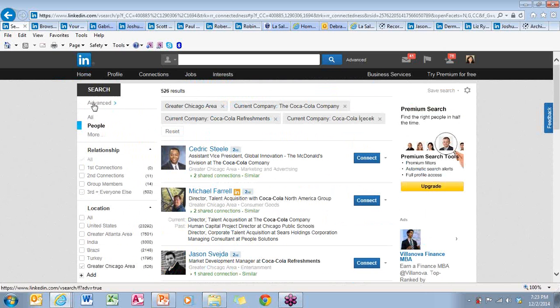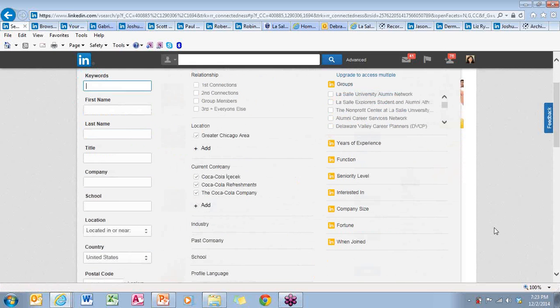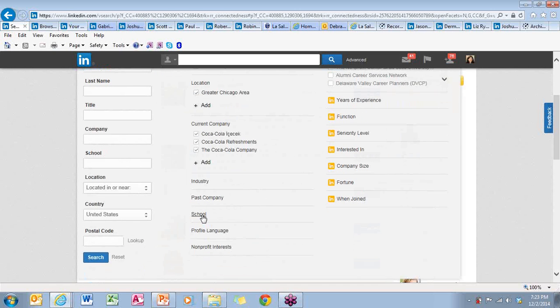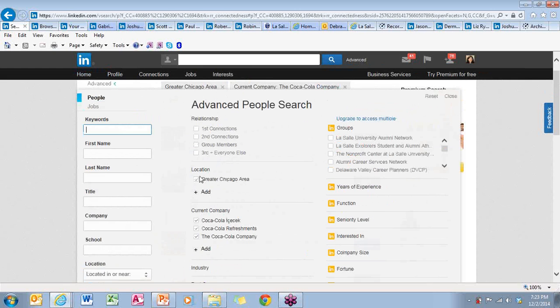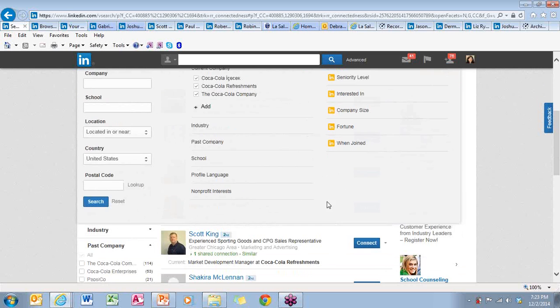What else? I can then click up here where it says Advanced and do some further sorts. And so, again, it's showing me all the companies it picked up. It looks like it picked up, I don't know what that is, Iceland, maybe? Here's where I can, for instance, well, I'm actually going to take out the Chicago, so I'm going to go back to the full results. But by clicking school here, I can look for people who have a particular school in the education section of